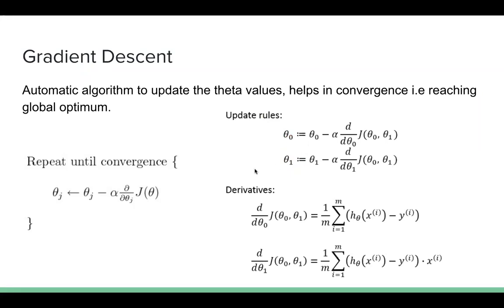You basically update the theta values. How that update is done is what is given here. So theta 0 minus alpha. Alpha is nothing but the step size. What is this exact step size? I'll explain it in a minute. So alpha is the step size, and this is the derivative of that particular cost function with respect to theta 0